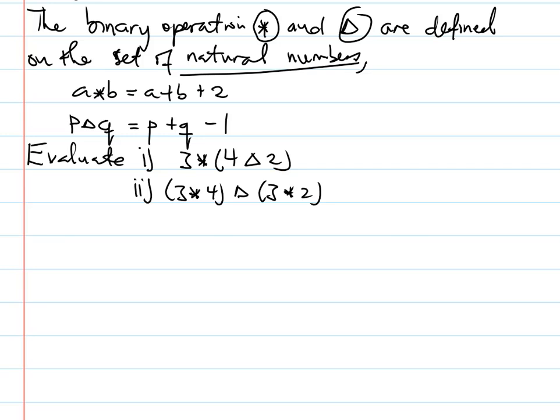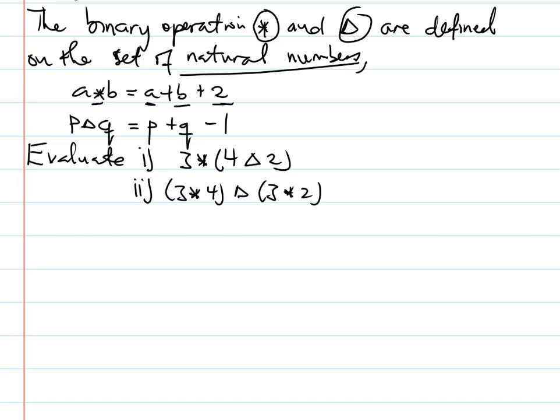It means that the two symbols will have to be defined using the rule. So we have star, which is defined as A plus B plus 2. So it's saying that whenever we see star, we should add the two numbers and add 2 to it. What about delta? Now delta is defined as P plus Q minus 1. So where we see this operator, which is delta, we are supposed to add the two numbers and take 1